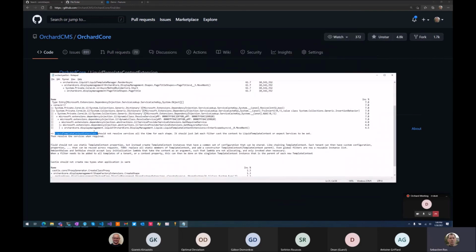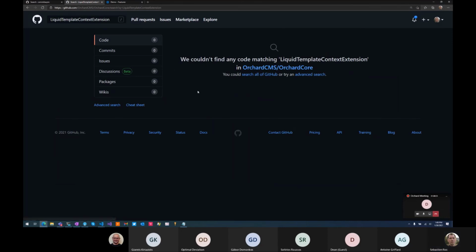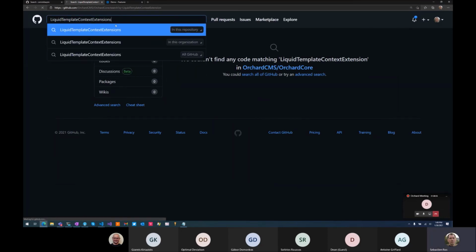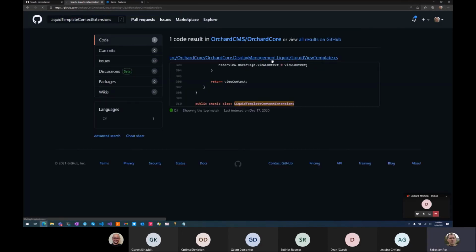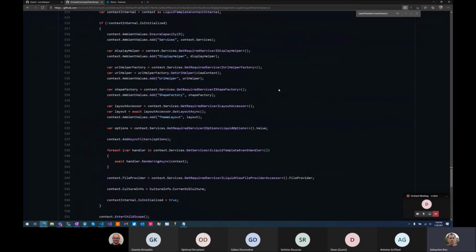What did I do wrong here? Oh, maybe it's not in the file. Okay. That's this file. So whenever we render a liquid template,